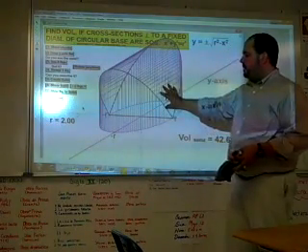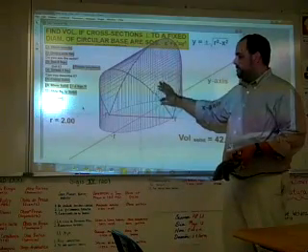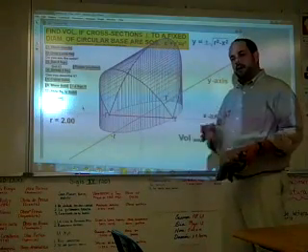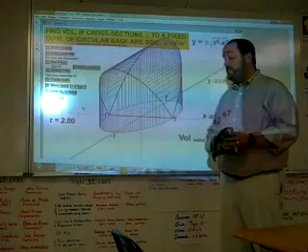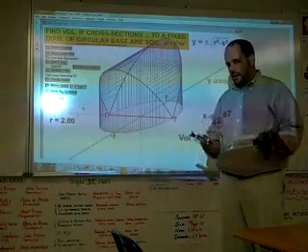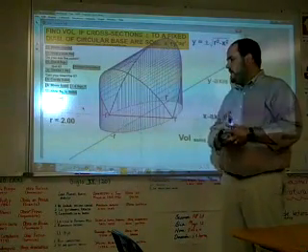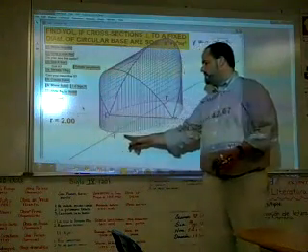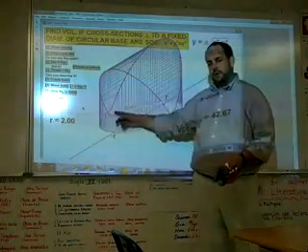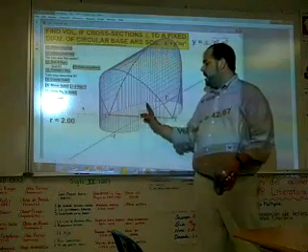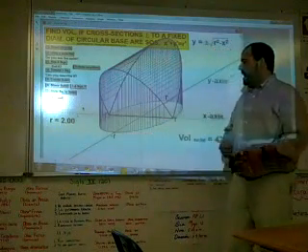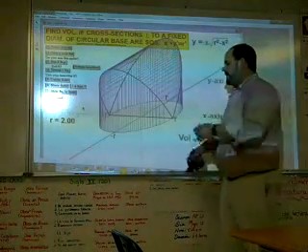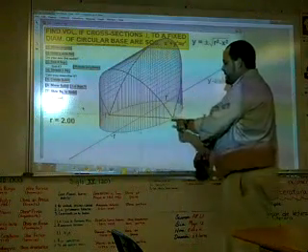What I have up here on the board is a wireframe model for a three-dimensional object. And I want to tell you how this three-dimensional object was formed before we actually discuss the calculus involved in finding the volume. So this three-dimensional object has a base that is a circle, and I'll show you the circle in the xy plane. We started with the circle, and we made the three-dimensional object by constructing slices that run